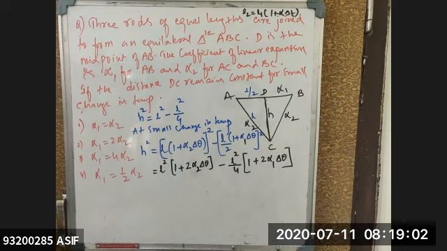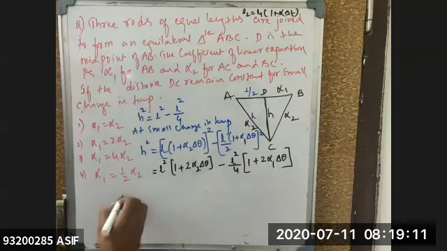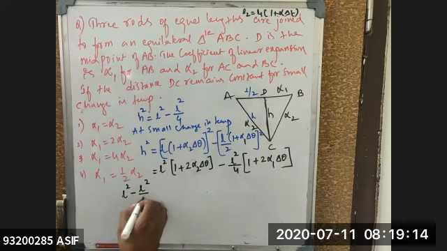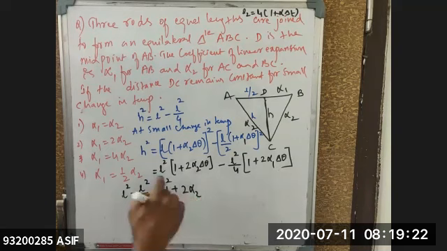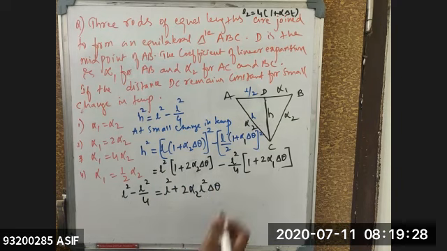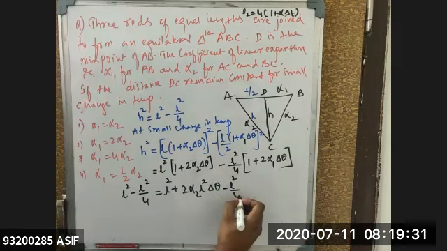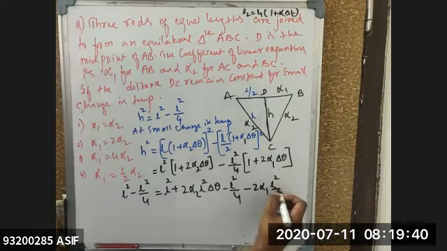Yes, sir. Can I still simplify this one? H value is already known for me here. How much is it? L square minus L square divided by 4. This will become L square plus 2 alpha 2 L square into delta T, minus L square divided by 4, and if it is multiplying with the inside term and this is a negative term, that will become 2 times alpha 1 into L square divided by 4 into delta theta.